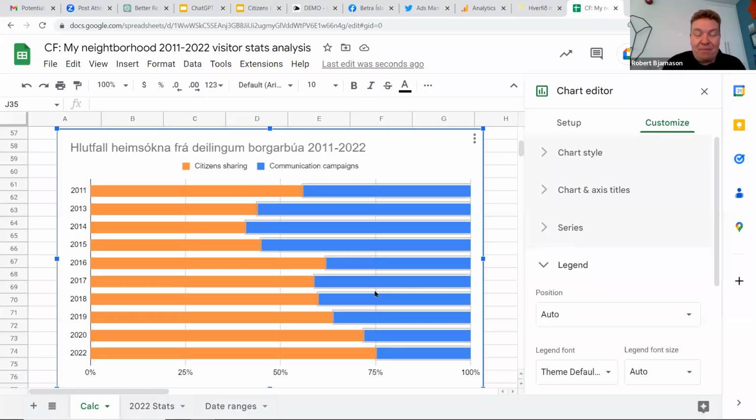You need to do an effective communication campaign to trigger the citizen sharing. You need to promote it so it's well known, but then you really get this really impressive multiplier of citizens sharing amongst themselves.